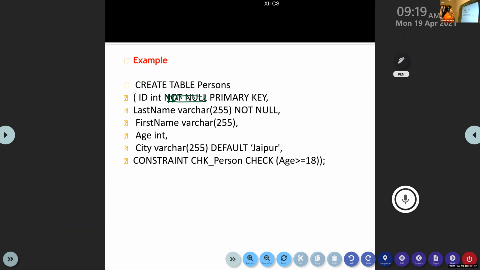Then first name varchar 254, nothing is given. Age int, city varchar 255 default. If no value is specified, the default value should be Jaipur. Why is this enclosed in quotes? Because its data type is varchar. That's why it is enclosed in quotes.